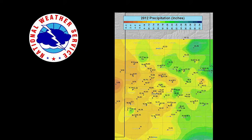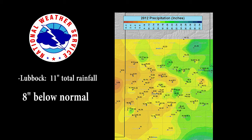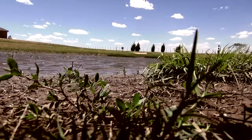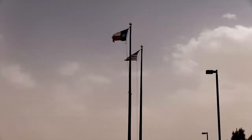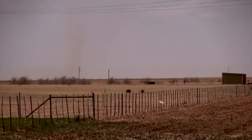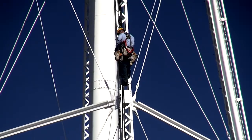The National Weather Service data reported 2012 as one of the warmest and driest years on record for the Lubbock area. Its precipitation levels reached 11 inches for the entire year. That's 8 inches below the normal. Today, lake levels continue to decline due to no rain, and rain and snow are the 2 major factors that recharge our natural resources like the Ogallala Aquifer. With that in mind, city officials from all over the South Plains must consider the big picture and long-term effects